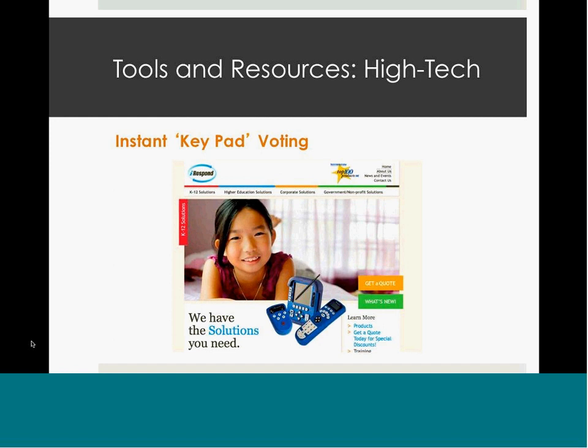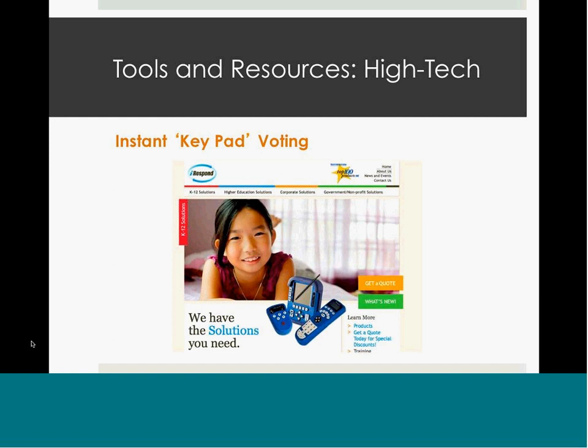For example, you may have in the facilitation someone that insists that trails are not important to the community. It dominates the conversation, but when you go to a keypad polling device and ask the audience what they feel about trails, you may find that 97% of the audience actually feels that trails are an important component.